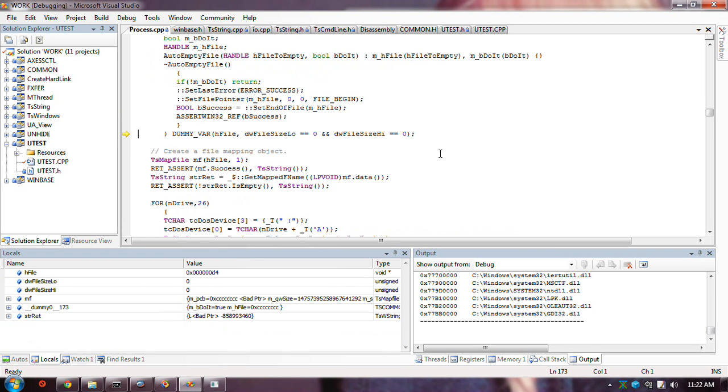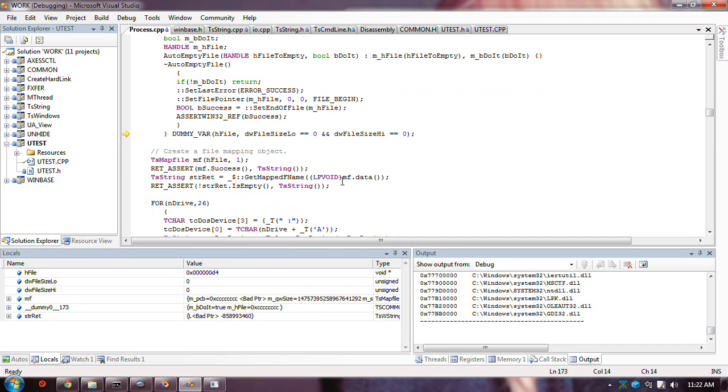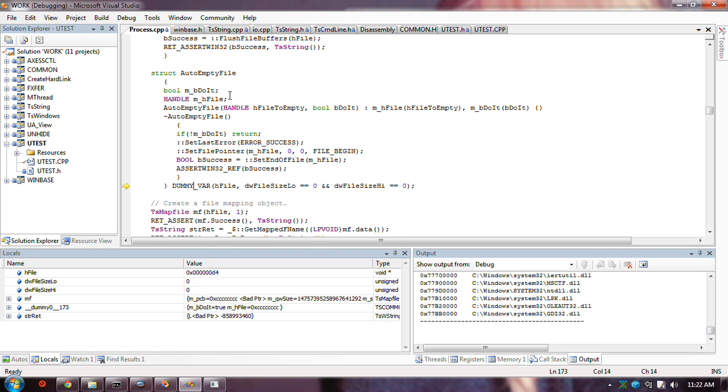You can always make it empty again. And that's what this thing here is for. This is a thing that has a destructor which, if told so, will empty the file when its destructor gets called. Okay? Set file pointer to 0 from begin, and then set that as the end of the file.